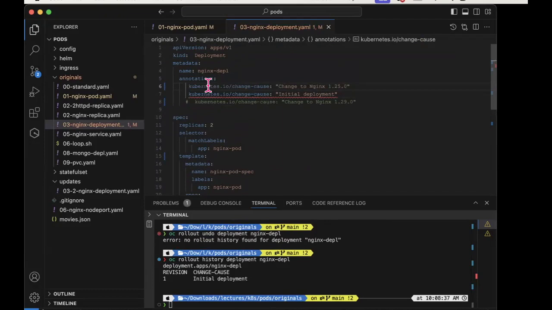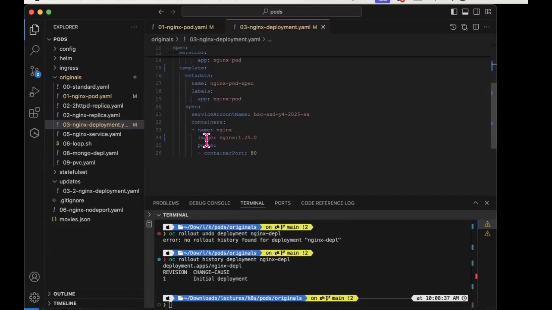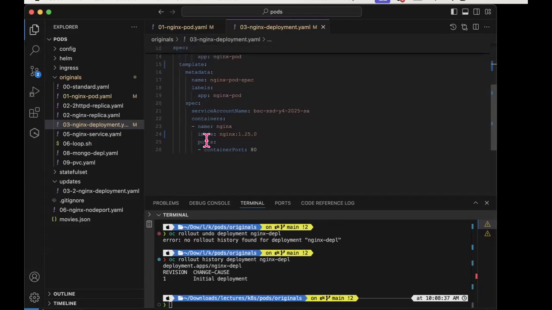So if I comment out that and comment in that, the message says change to Nginx version 1.25.0. There could be other things you can change in this spec, like the port number, or add a second container, etc. So I've made a change, and if I now apply this again,